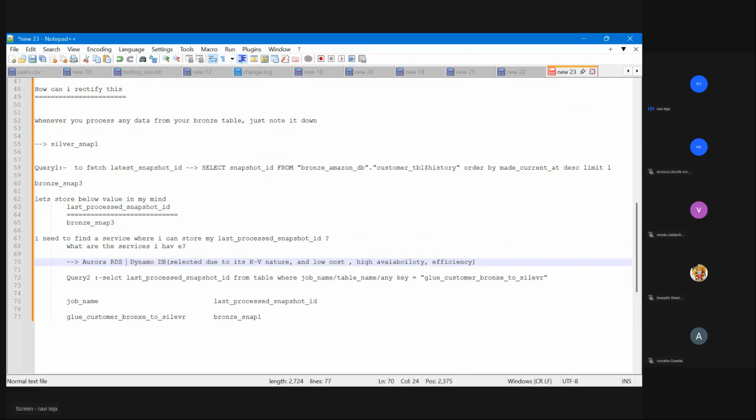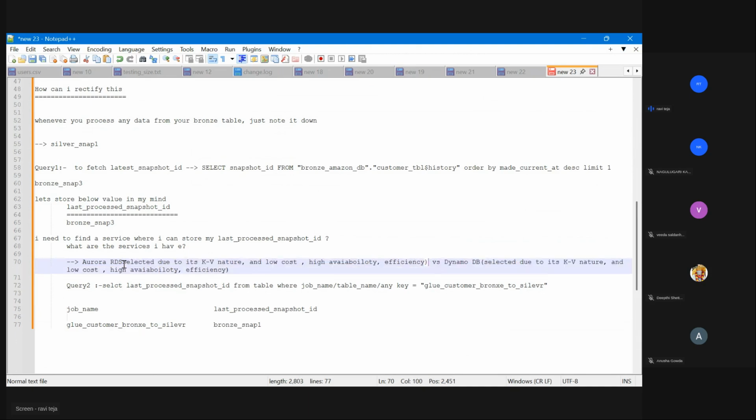Not selected. It's good to know because you always have this question in your mind. As a data engineer, you need to figure out: not selected due to its non-key value nature.